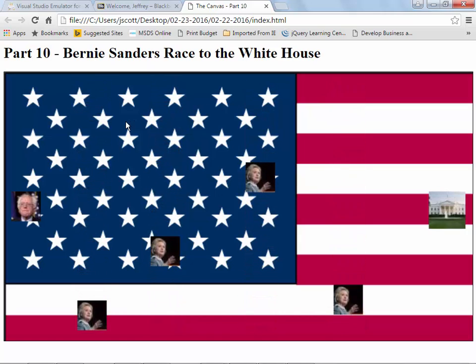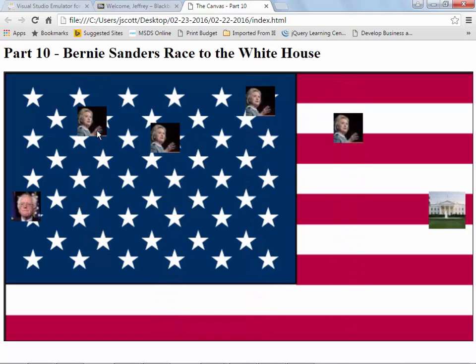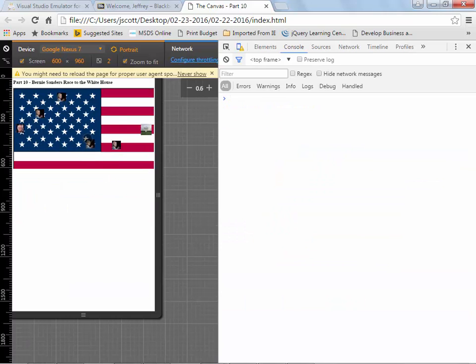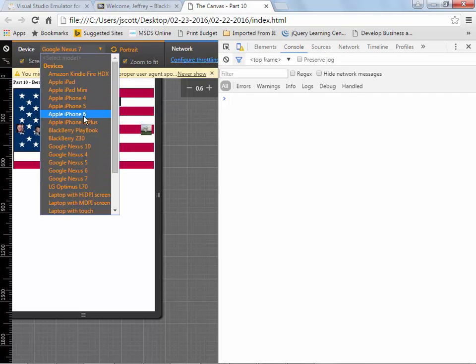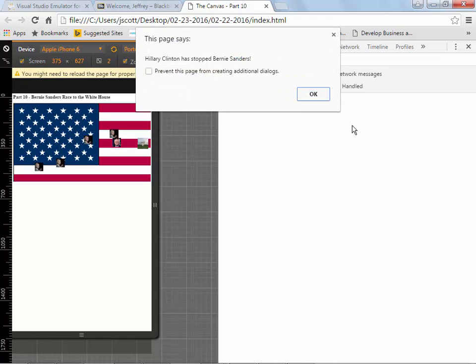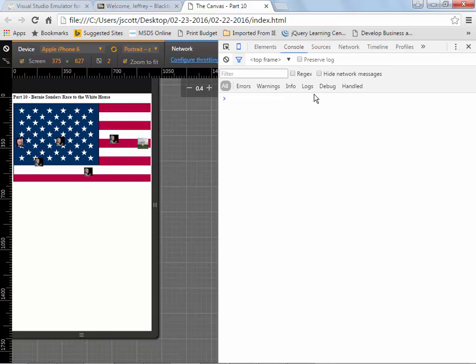It even works on a mobile device, because if I hit F12, you may or may not be aware of this, and I come over here and I choose the thing that's up here, way up here, can you see where the mouse is? That basically is an emulator. So right now I'm running it in a Nexus 7. I can put it on an iPhone 6, etc. And it is set up so that it works on there also. There would have to be changes made, as you can see, because it's not set up to work, position-wise. So I'd have to make some changes to it. But it does work the way it is.